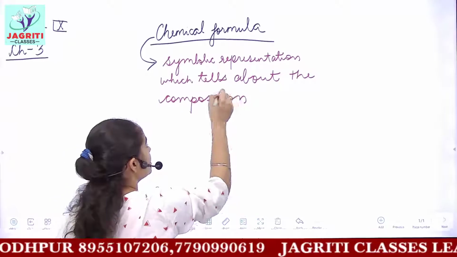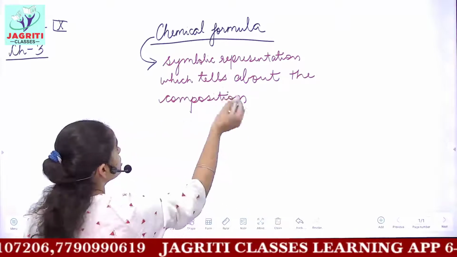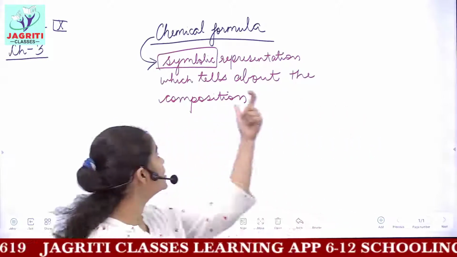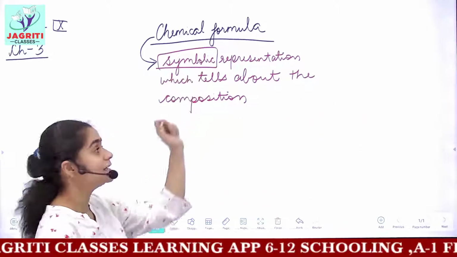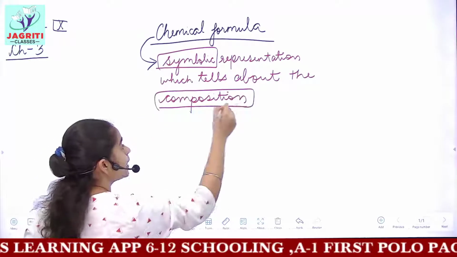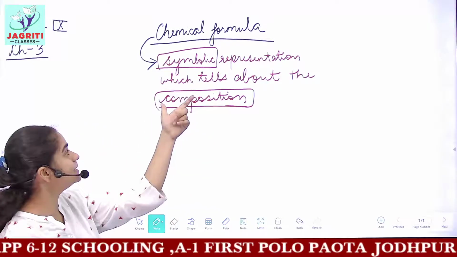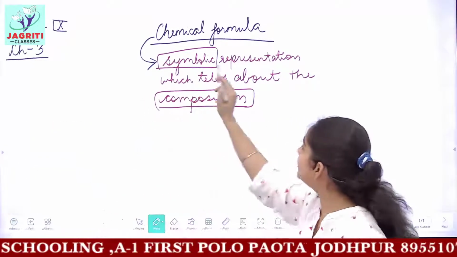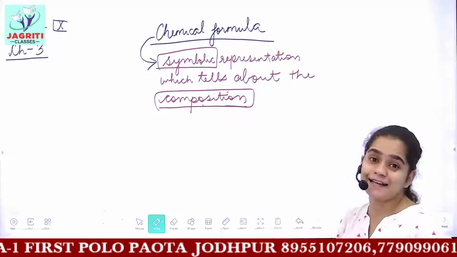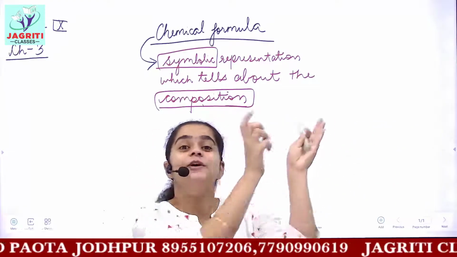Because in this chemical formula we use two things. We use the symbols to denote our species. We do not write the whole name; we just denote the chemical components by the symbols. And next we put some numbers which indicate the quantity or the composition of the compound. So this is what the definition of chemical formula means. Chemical formula is the symbolic representation which tells us about the chemical composition of the compound, that is, in a compound, how many elements are joined or mixed together to give the particular compound.